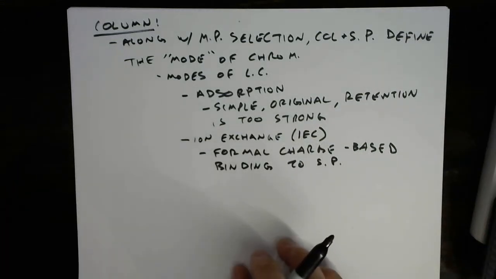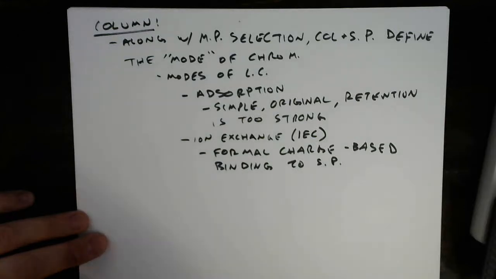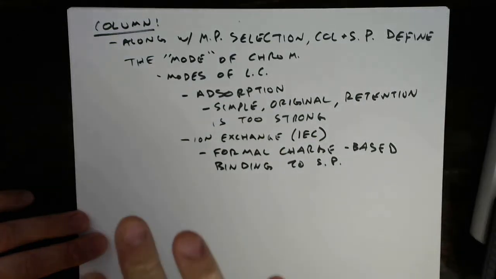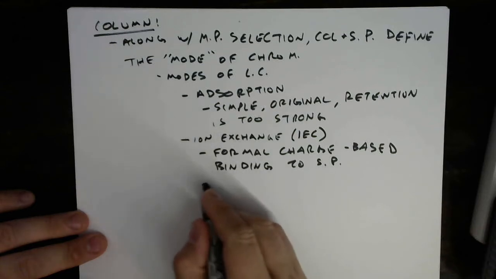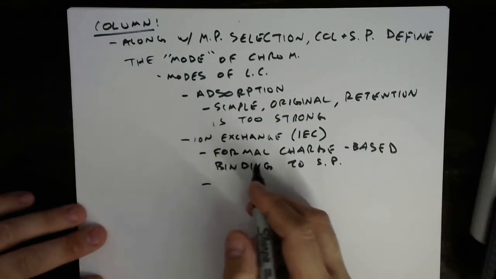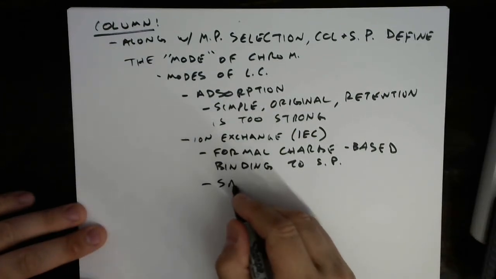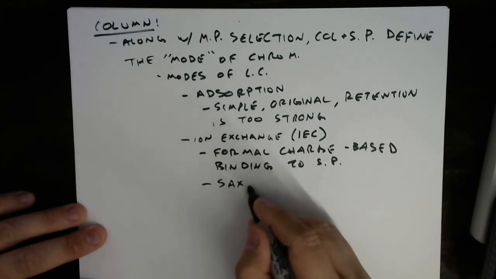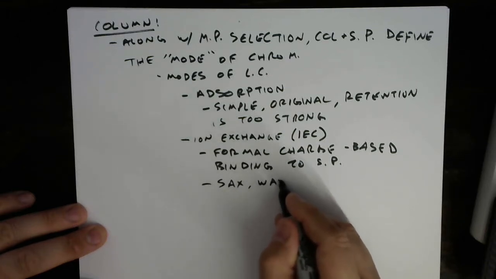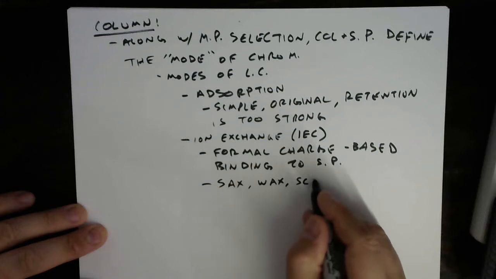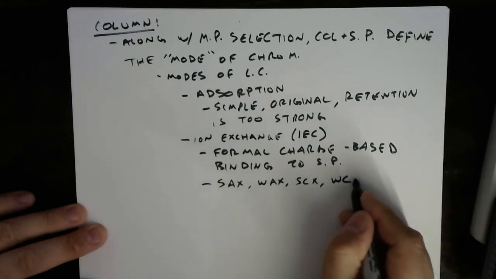And we saw several different varieties of this. There was strong and weak. There was the ability to retain anions, the ability to retain cations. And so we gave them these fancy acronyms: strong anion exchange, weak anion exchange, strong cation exchange, or weak cation